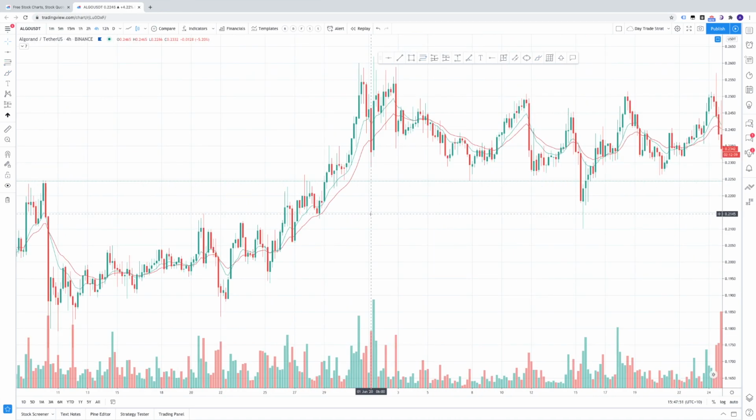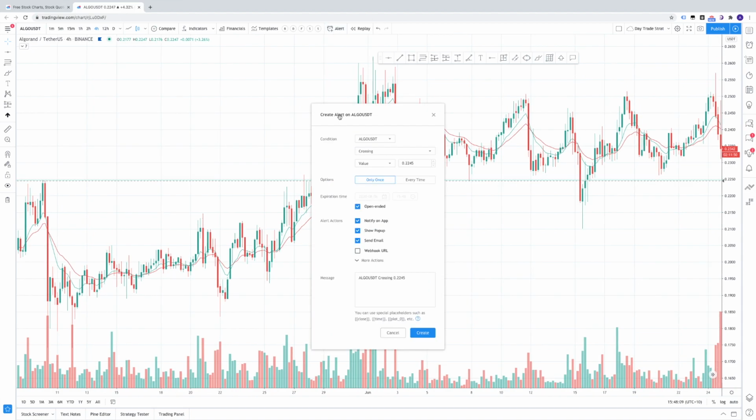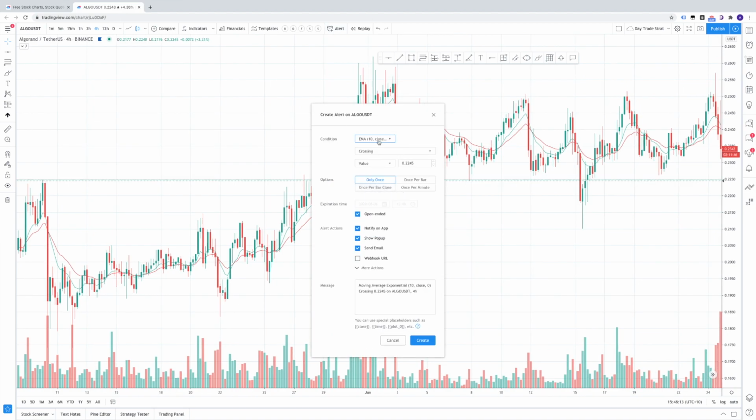All right, so now we have the strategy. You want to set up the alerts. As I promised, I would teach you how to do that. So go up to your alerts. Once you've clicked on alerts, you'll change the drop down to 10. So the condition is the 10 or your first EMA, whatever number you decide that to be. Crossing is in the next box, and in the last box it'll be crossing the other EMA that you've chosen,